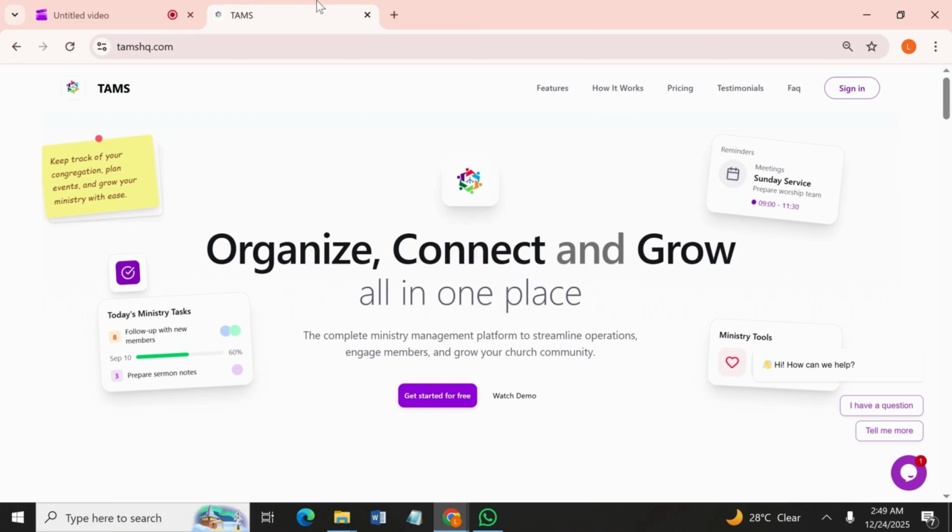Hello and welcome. My name is Chika Ofili, and this is TAMS. TAMS is an all in one digital platform designed to help churches and faith based organizations manage their operations more efficiently, from membership and finances to projects, volunteers, and reporting. We built TAMS because many churches rely on spreadsheets, paper records, and disconnected tools that make administration stressful, time consuming, and error prone. With TAMS, everything is centralized in one secure system, giving church leaders and administrators clarity, accountability, and better visibility into how the ministry is running.